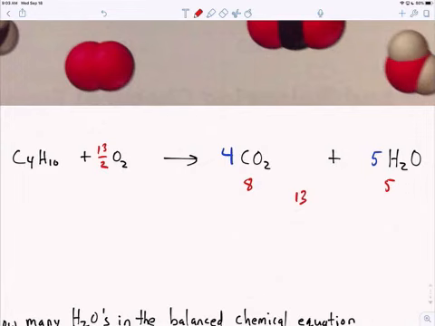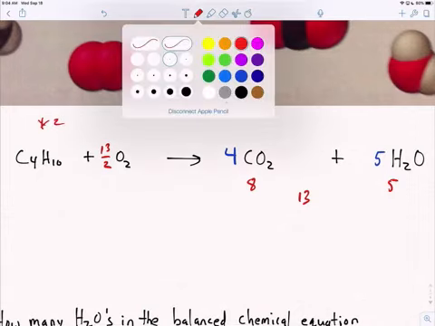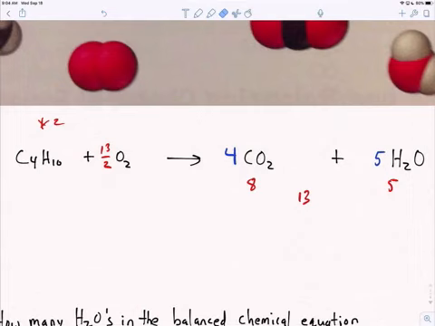So now this equation is balanced, but it's not balanced properly because what is a half of an oxygen molecule? So now what you can do is multiply the whole thing by 2. And I'm going to go back to blue because I like blue. So 13, the whole thing by 2, 13,